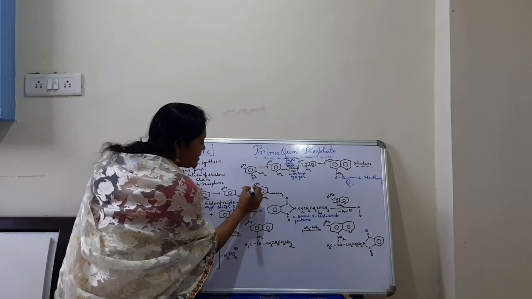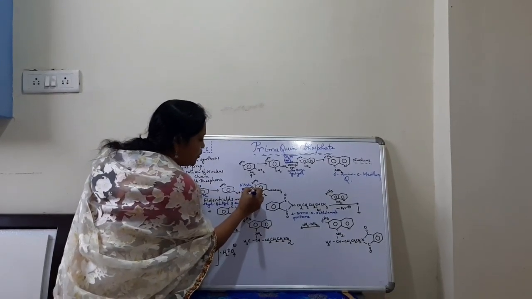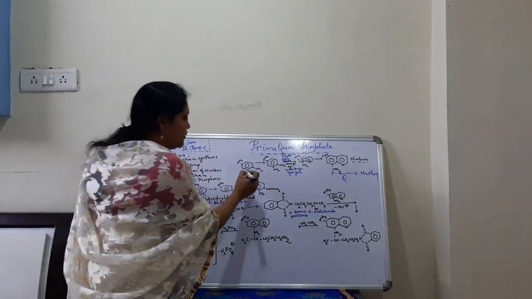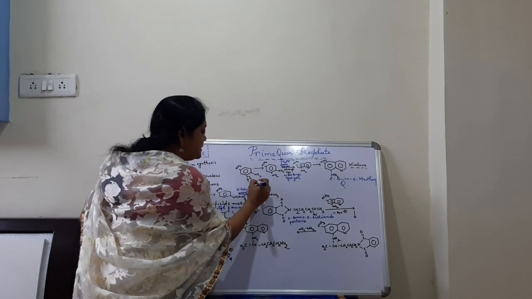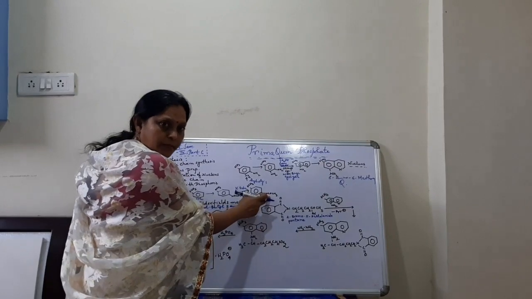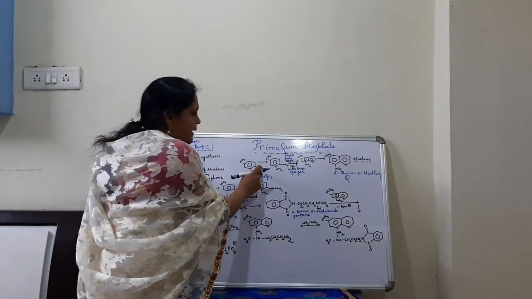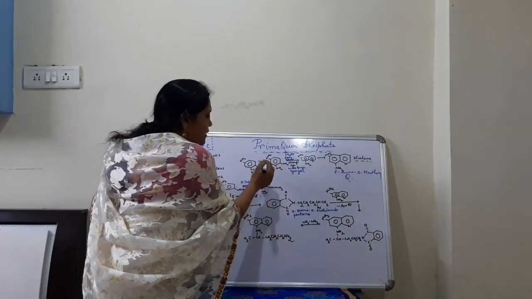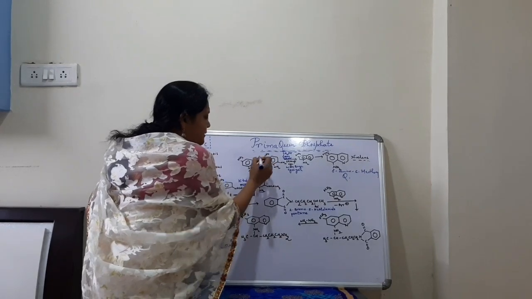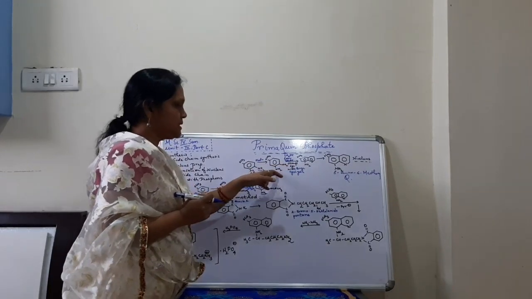As you all know, nitration we will do by HNO3/H2SO4. So we will get here again a nitro group, and then we will do the hydrolysis. When we do the hydrolysis, what will happen? The protected amino group will convert into an amino group, and we will get this NH2 group. After that we will go for reduction, then NO2 group will convert into NH2 group. Two amino groups are there.